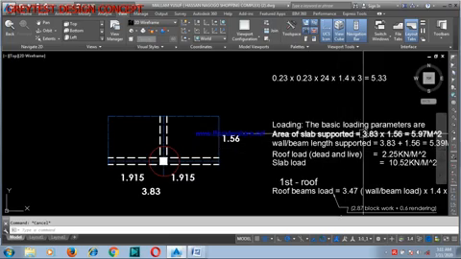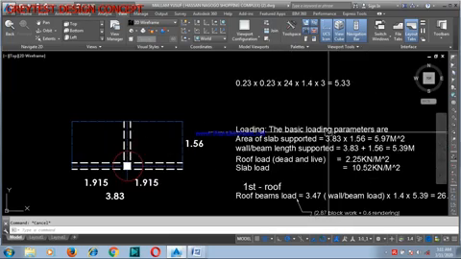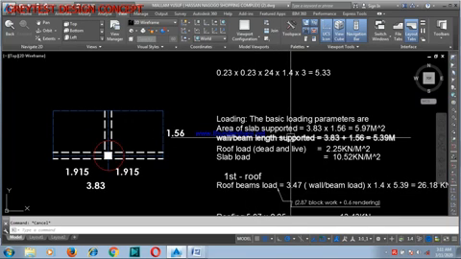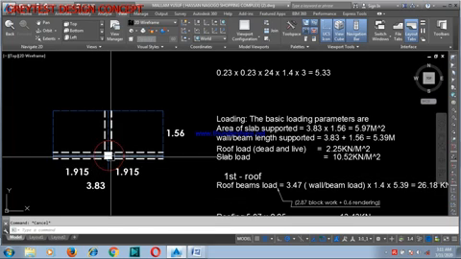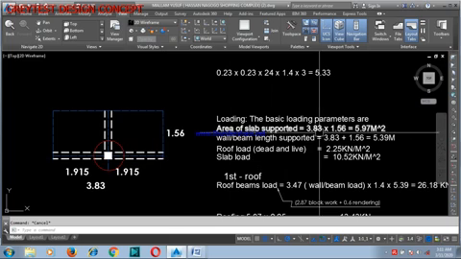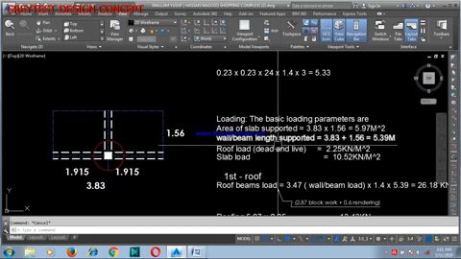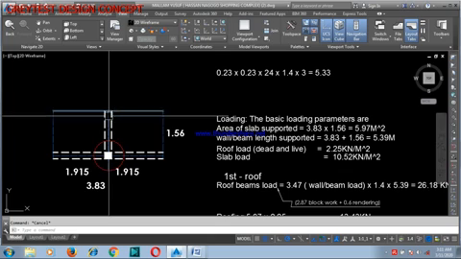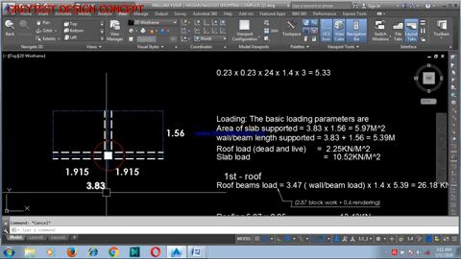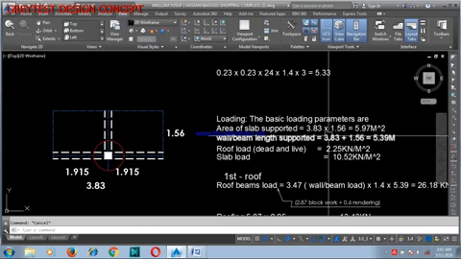Now the basic loading parameters. Look at the area of the slab supported. The area of slab that this particular column carries is 3.83 times 1.56, which gives you 5.97. Now the wall or beam length supported. This is the whole length, and this is another length. If you sum 3.83 plus 1.56,